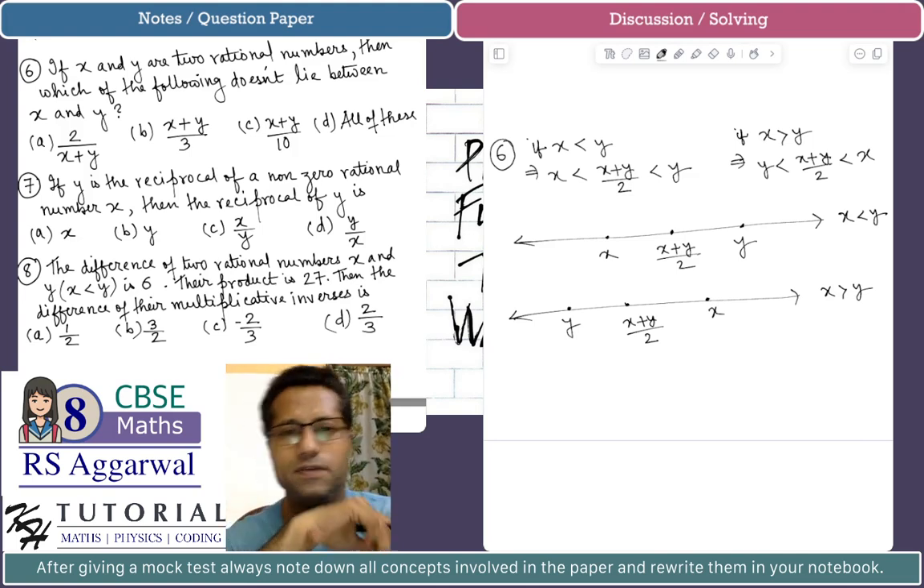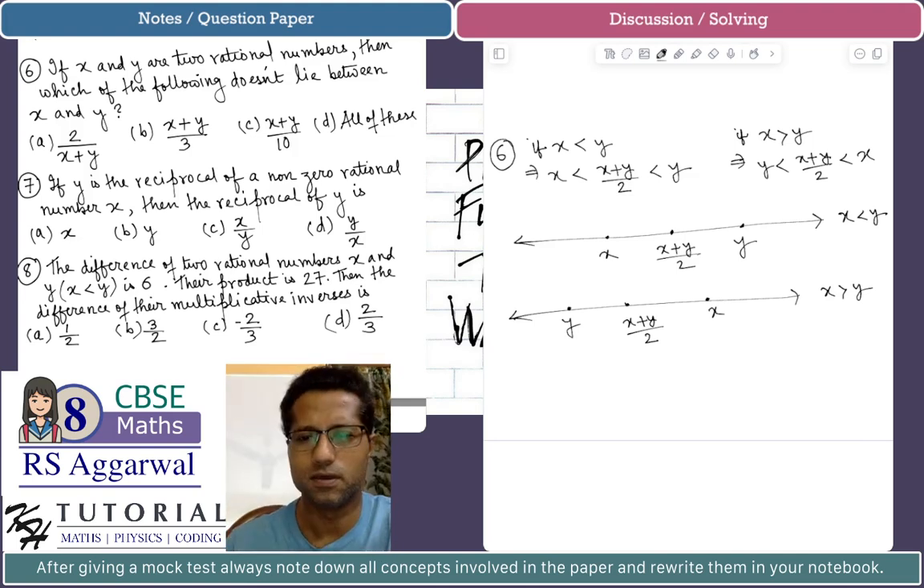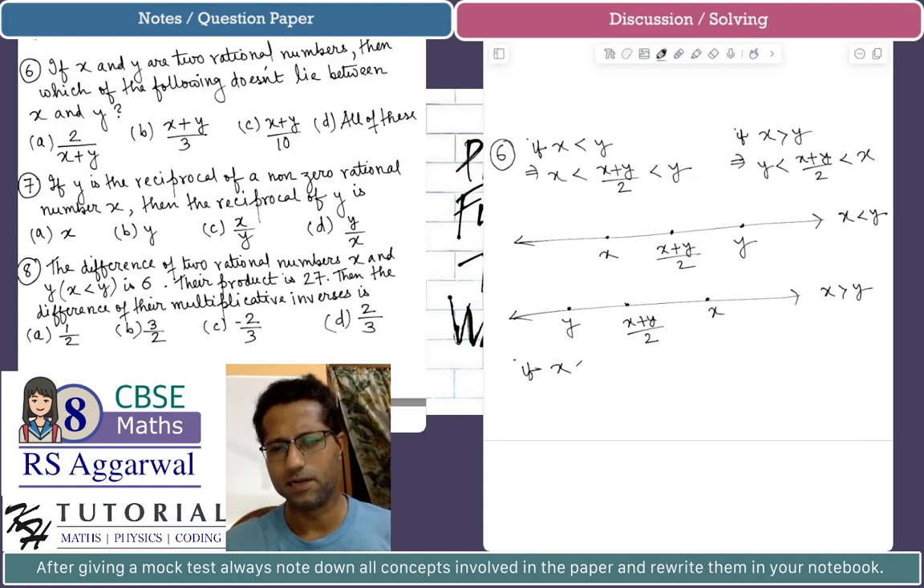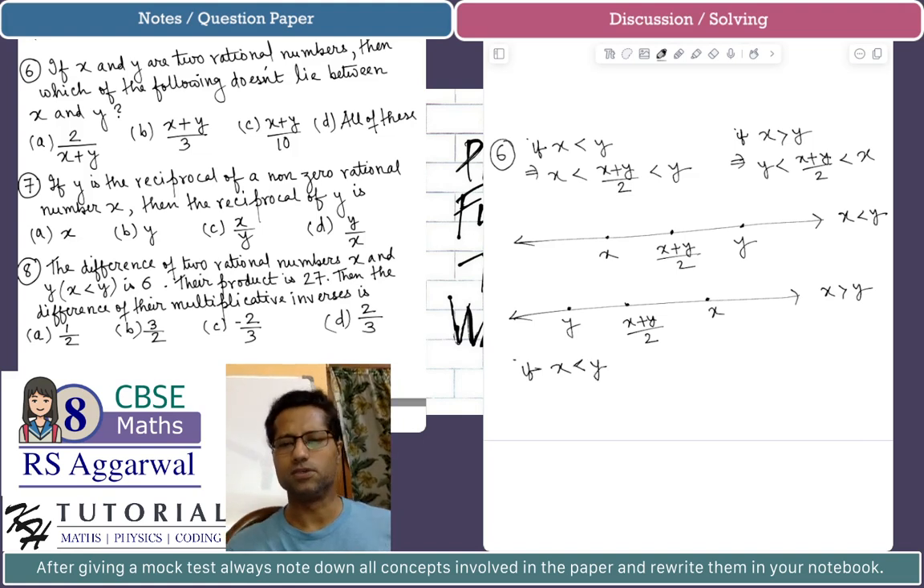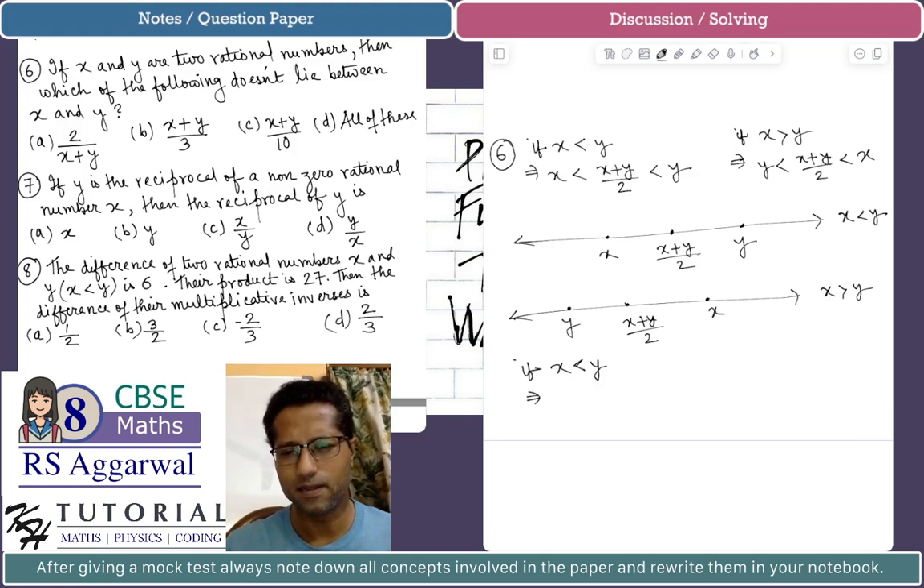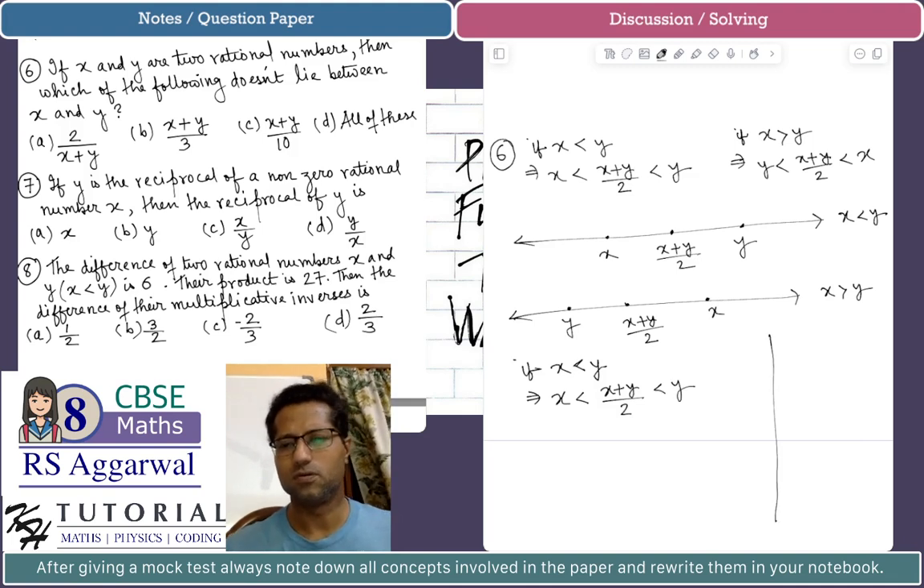Which of the choices will not lie between x and y? Let's say if x is less than y, either x will be less than y or x will be greater than y, so we are considering both the choices. If x is less than y, this will imply that (x plus y) by 2 will lie between x and y. So (x plus y) by 2 will be greater than x and less than y. Now, one concept you must know,